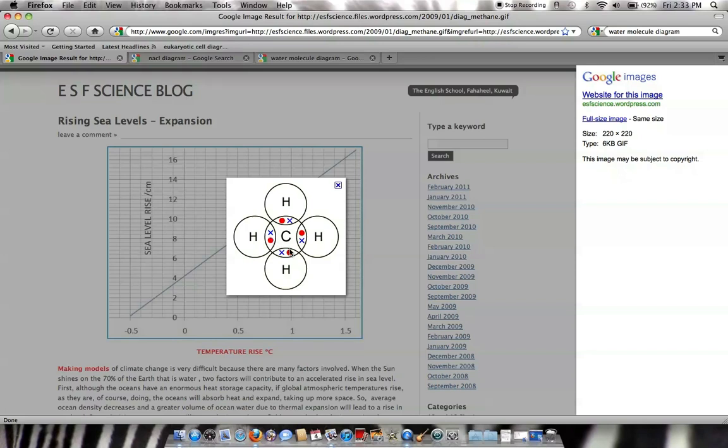So what happens is carbon has 4 electrons in its outermost energy level or orbit, and carbon wants to fill that outer orbit with 8